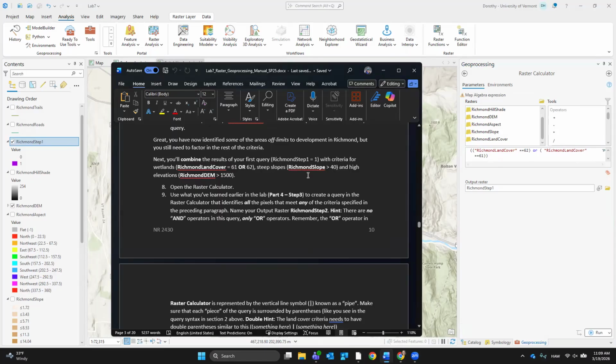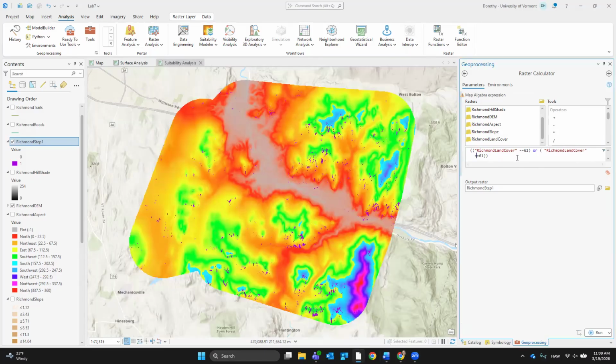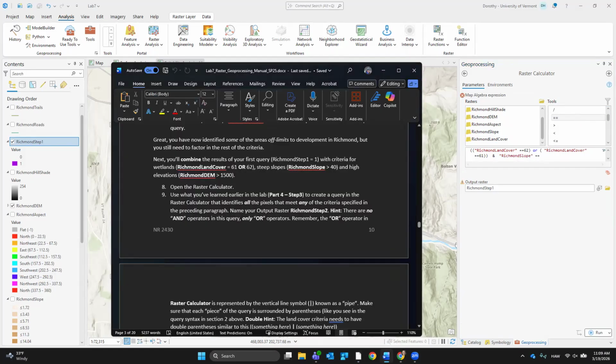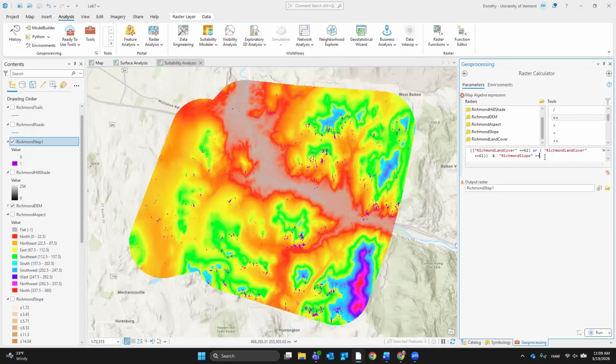Then we want Richmond slope is greater than 40. Cool. And Richmond slope is equal to, where did it just go? Equal to, sorry, I should have had some more coffee before I started doing this. Oh no, is greater than 40, not equal to 40. Parentheses around Richmond slope.